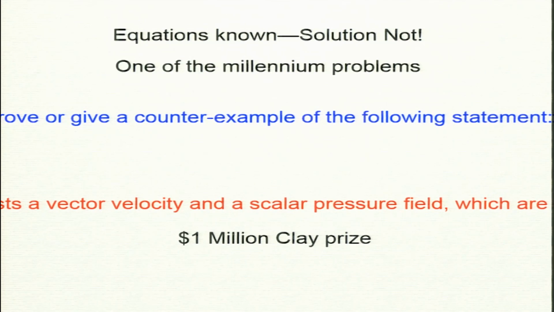By the way, not every equation has a solution. For ordinary differential equations we know there are conditions for having a solution. There are some equations that do not have a solution. So, it is not even clear whether the Navier-Stokes equation has a solution or not. This $1 million prize is for proving there exists a solution. You do not need to find the solution, but just prove that there exists a solution, or if it does not exist, then show that it does not exist.